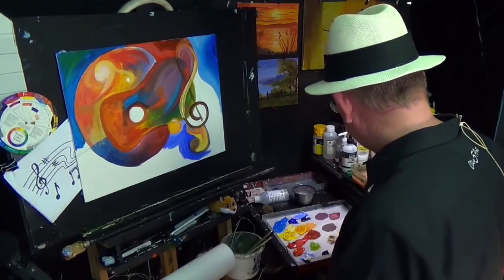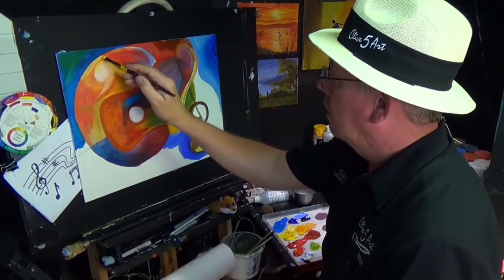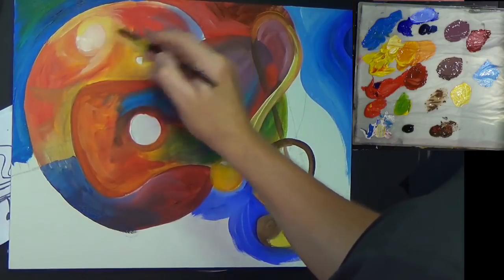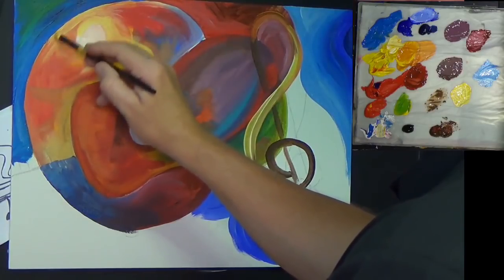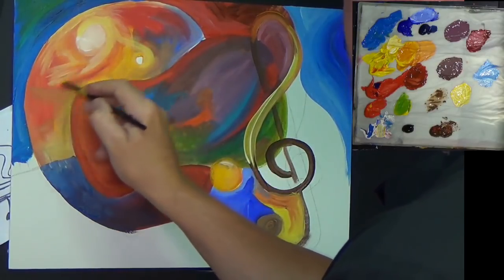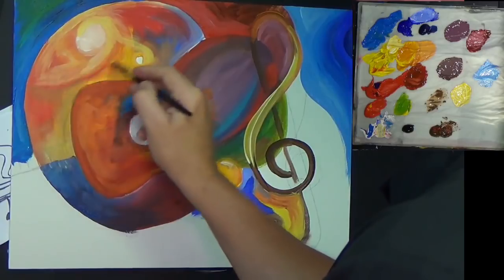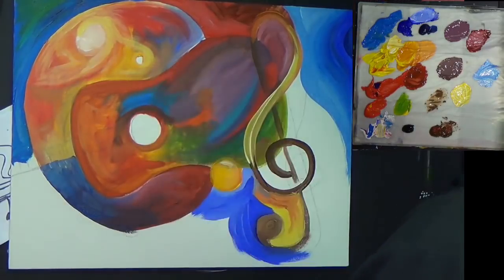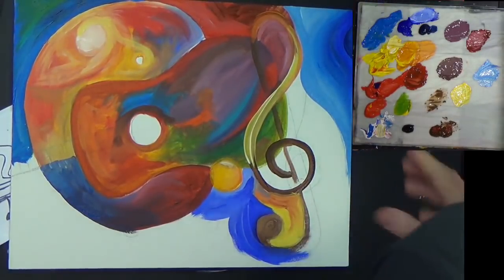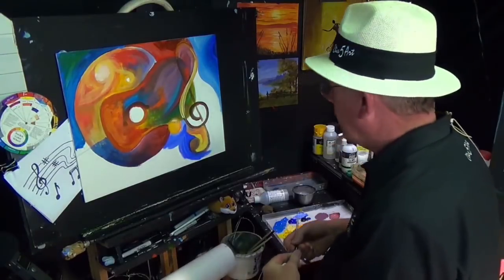Basically just drawing some shapes on with a small brush just to break up some of these lines. There we go. I'm not adding any black at the moment. I wanted to do some green down here. Just found another